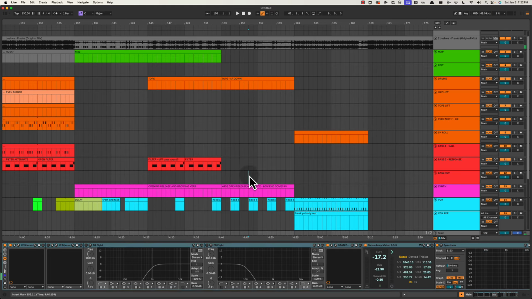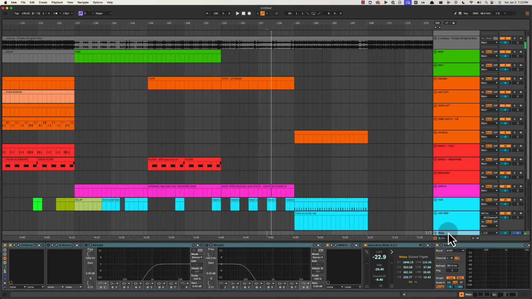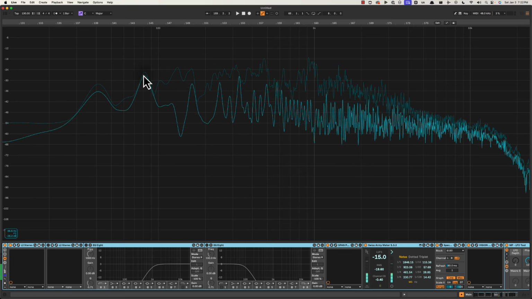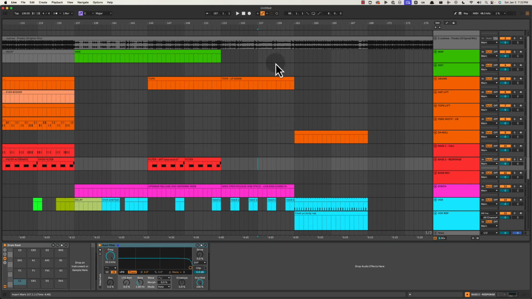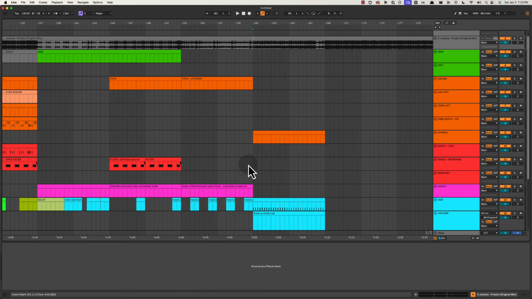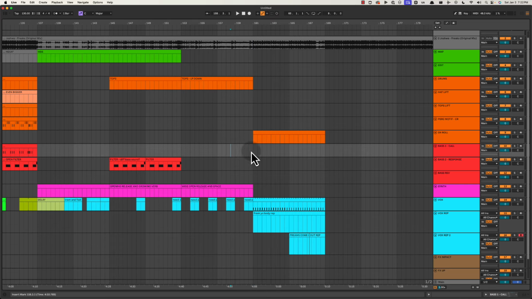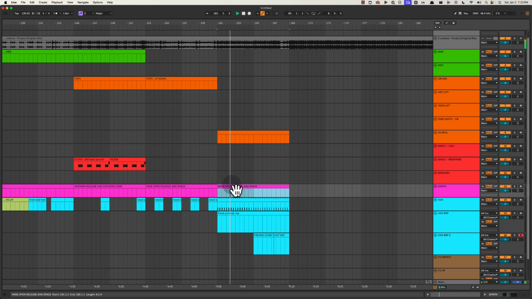Okay, but over here, you can hear, well, maybe it's just the fact that the release is up. But you can definitely hear some weight to that. So the low end looks pretty similar. So I guess it's more of just the sustaining of the low end that's giving me that feeling of weight. All right, so I'm going to take that away because it does look like early on the low end's there. It's just not sustaining, so it doesn't have the same feel.